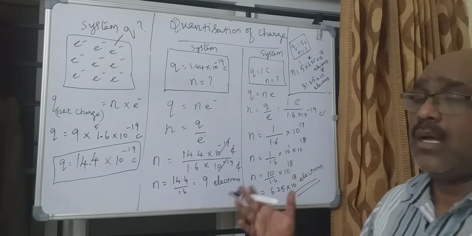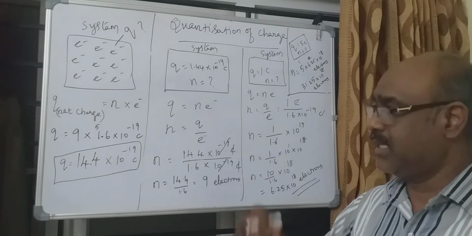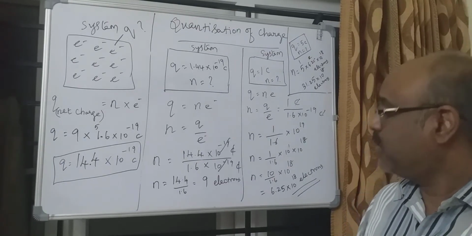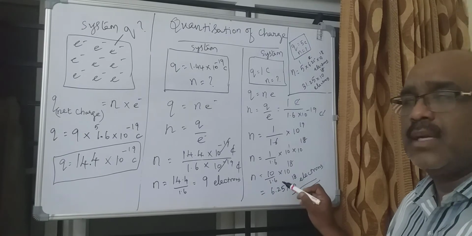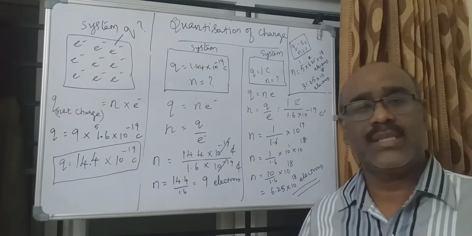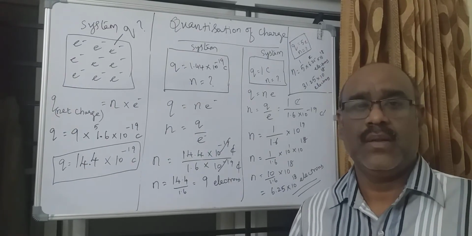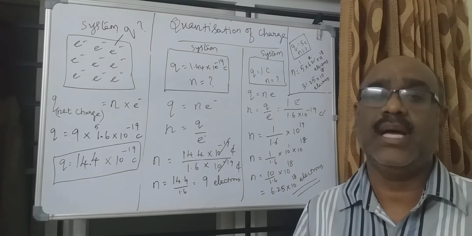Likewise, they will ask how many electrons are present in 6 coulomb of charge, 2 coulomb of charge, like that. Or sometimes, if they are giving the number of electrons, we can find the charge, as we have done here. So this is a very, very important concept where you can expect a 2 mark or a 3 mark question in the board exam.